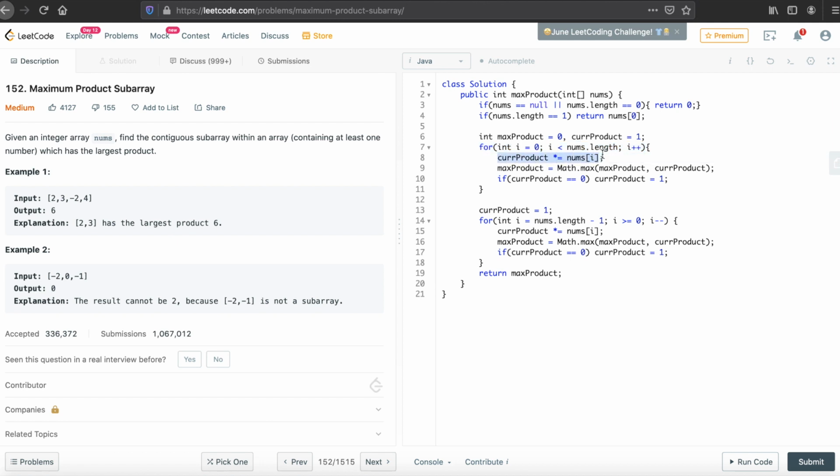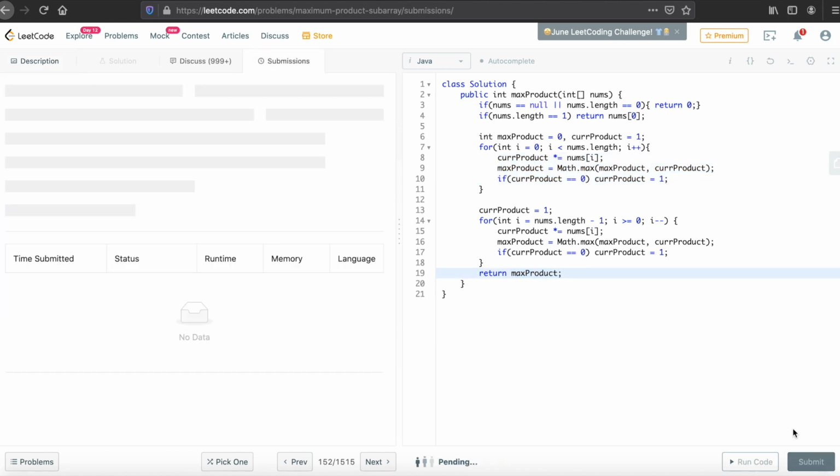So current product equal to current product into nums[i], and we have taken the maximum of max product and current product, and if current product equal to 0, we have set current product equal to 1. So our fifth step, we have run the loop backwards from nums.length minus 1 to 0. Now the similar steps as above, the multiplication, the maximum checking, and then we have returned the max product. Let's submit it.